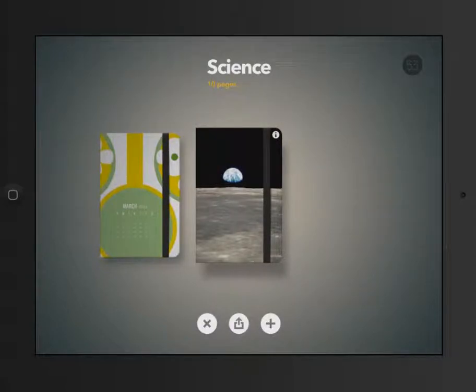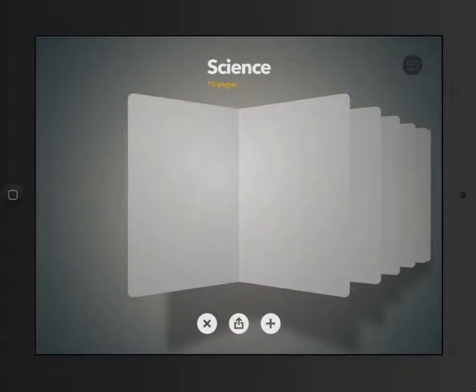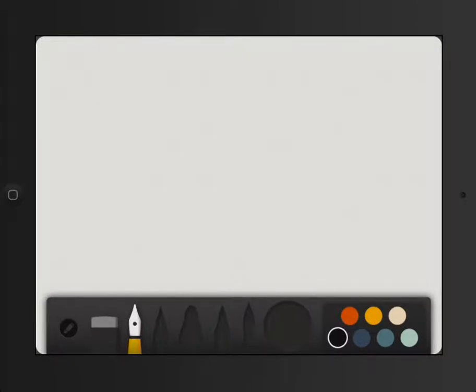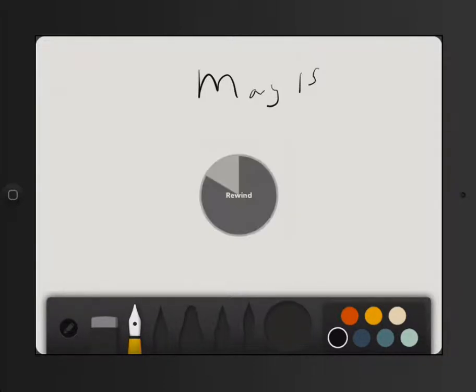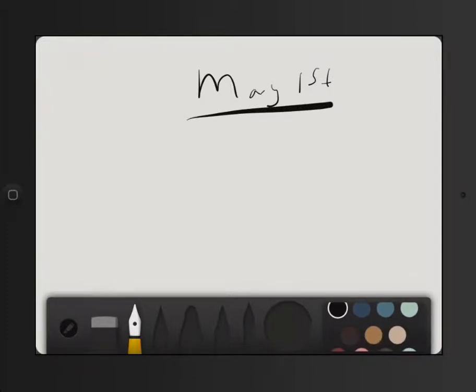But what I could envision you doing is using this as an exit ticket. At the end of each class period, or towards the end, you have a student write down what they did that day. So for example, today would be May 1st. I'm just using my finger to write the words. There are different colors you can use too if you want to write in something different. So maybe today in science we learned